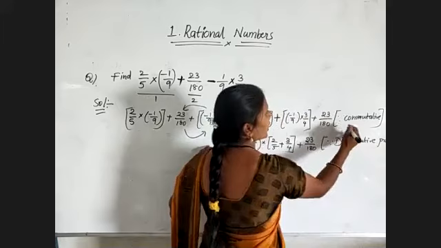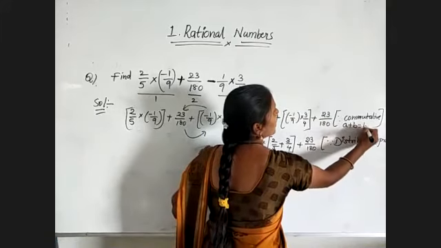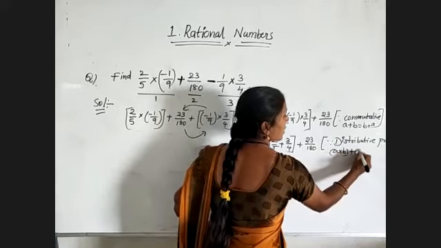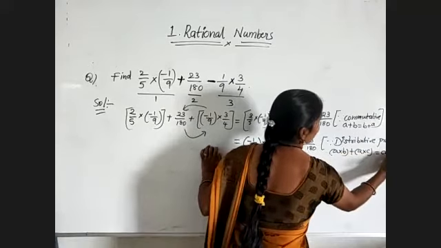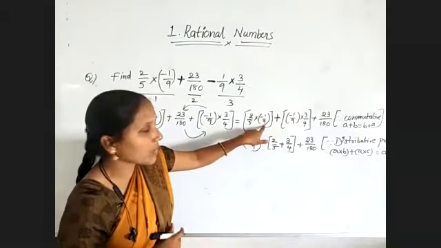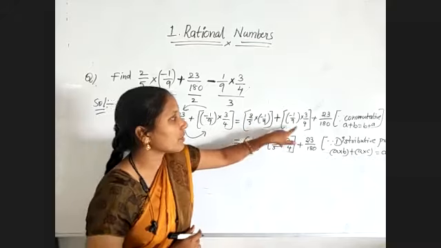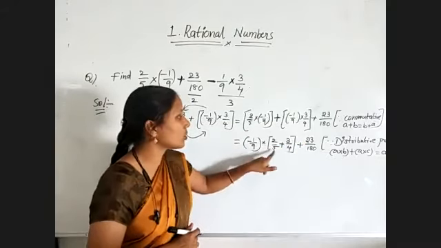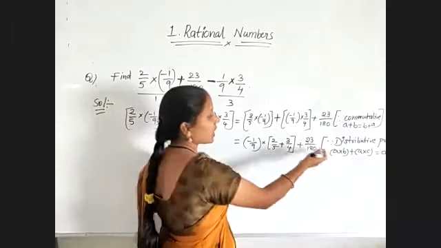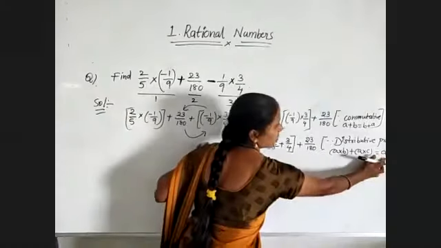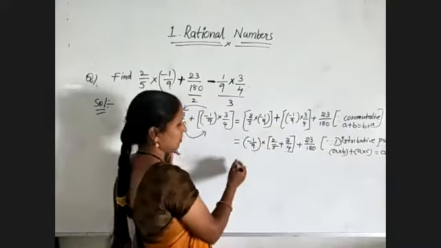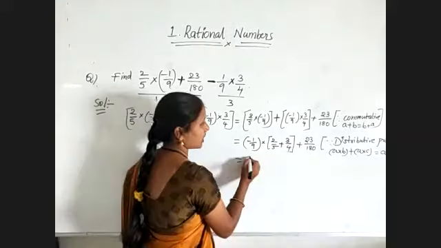Here we have used commutative, that is A plus B is equal to B plus A. Here we have used A into B plus A into C is equal to A into B plus C. So just check: A is minus 1 by 9, B is 2 by 5, C is 3 by 4, A into B plus C. We can simplify in both directions. If they are given in this form, we convert to this side; if they are given like this, we can convert like this. Now coming to the next process.